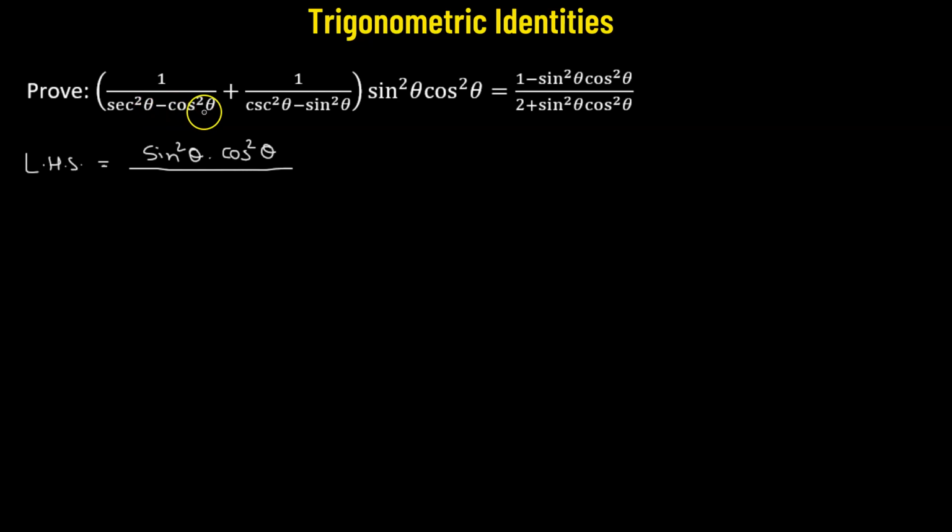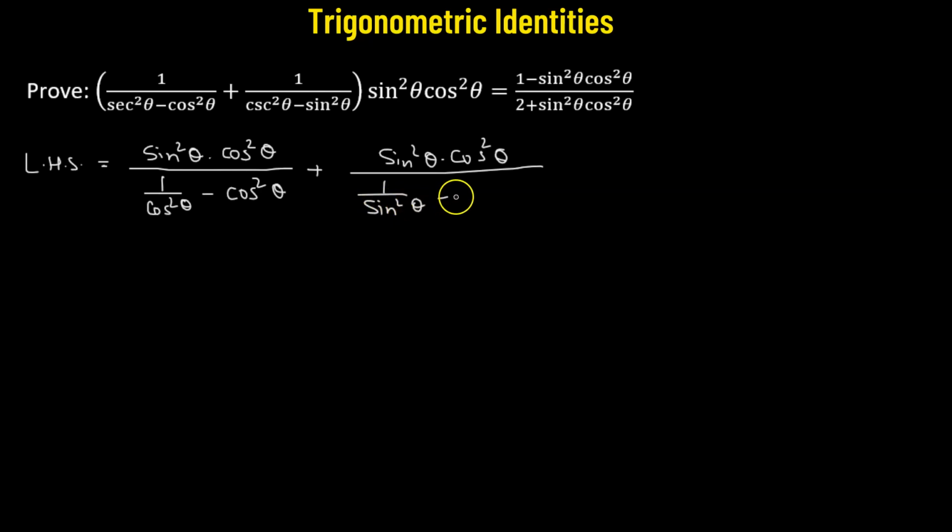secant squared theta minus cosine squared theta. Now we know that the secant function is the reciprocal of the cosine function, so that means in place of secant squared theta we can have 1 over cosine squared theta minus cosine squared theta, plus for the second term we have sine squared theta times cosine squared theta multiplied to it, so that will be in the numerator, divided by, we have in the denominator cosecant squared minus sine squared theta. So cosecant squared theta is the reciprocal of the sine function, so we have 1 over sine squared theta minus